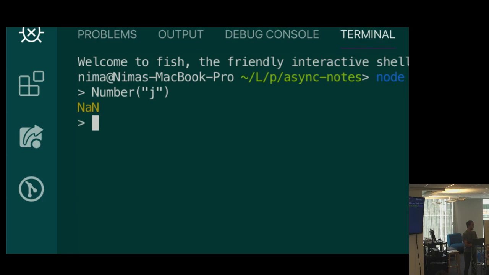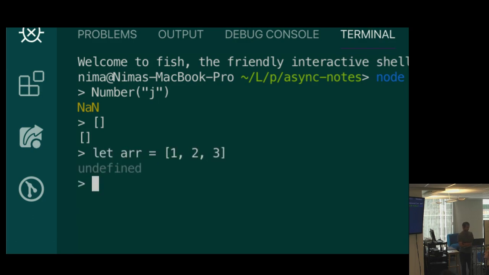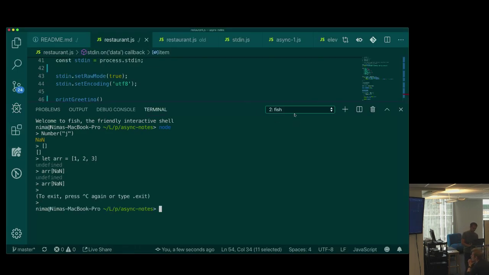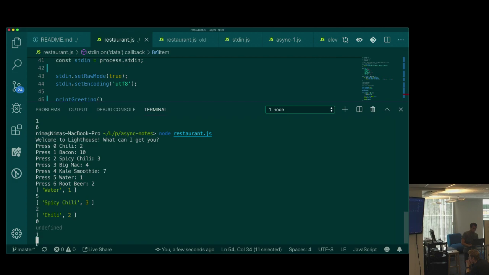Not a number. And then when I have an array, let's say let R is 1, 2, 3, or whatever, just some array. If I try to index that array with not a number, what's the result? Undefined. Right? Arrays tend to be pretty forgiving. They won't throw an error. They'll just say undefined. So that's what's happening with my situation here right now, is I'm able to use the